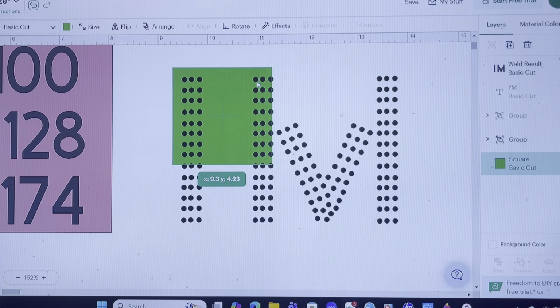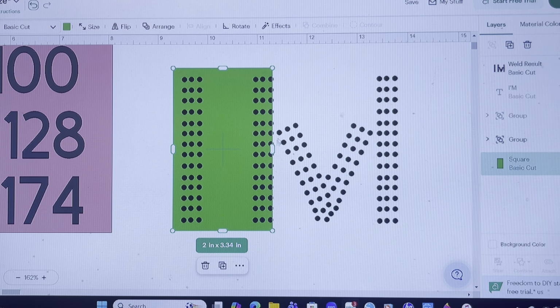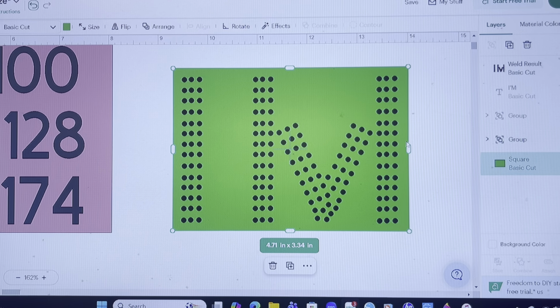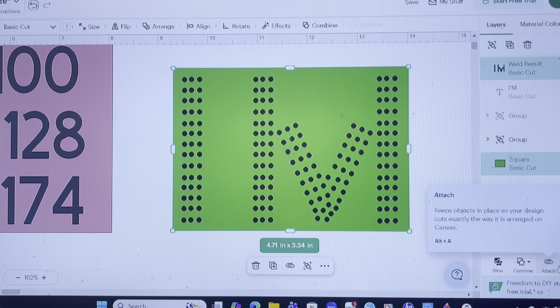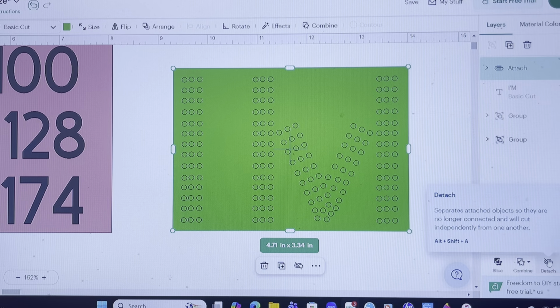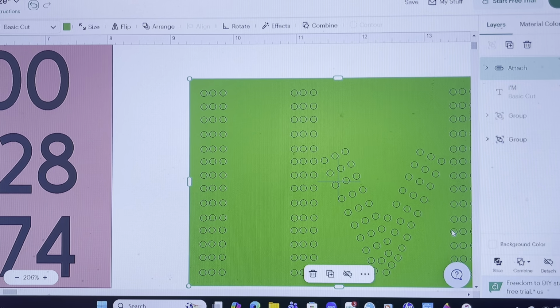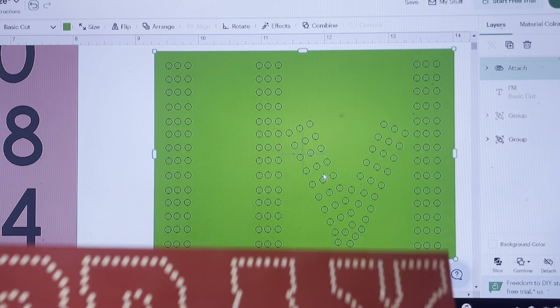Okay, the next thing you want to do is create a box, a border around it. It does not have to be big, but what that does is, once you highlight all of that and attach it, you see how all of those holes are there. So your Cricut will cut this out, this square and all of these holes in there,